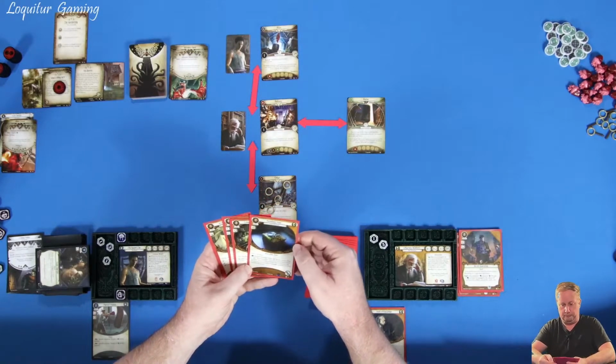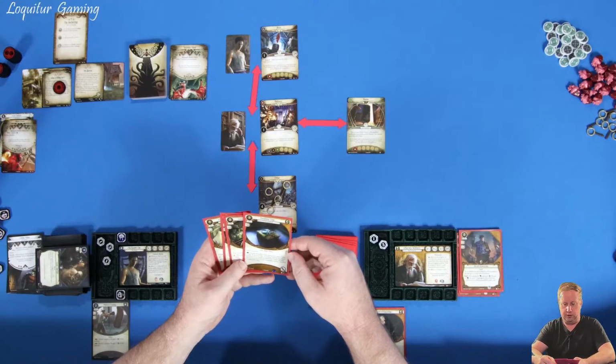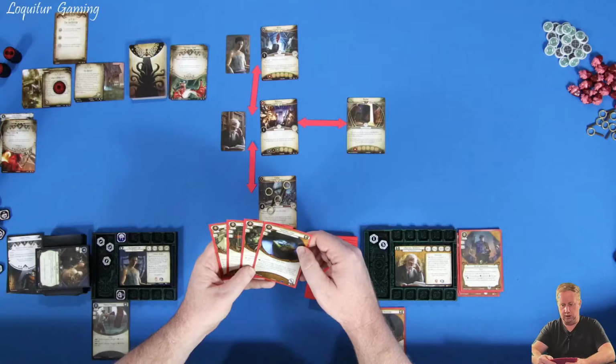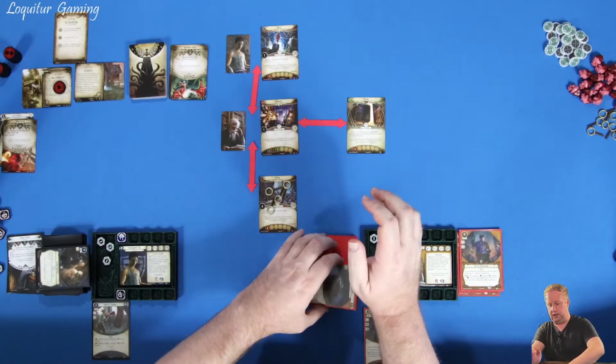Forbidden Tome. 5 secrets. Exhaust Forbidden Tome and spend 1 secret. Draw 1 card. Then if you have 10 or more cards in your hand and there are no secrets on Forbidden Tome, you may discard it and record in your campaign log that you have translated the tome. I don't know what translating the tome will do for us. That also has a wild